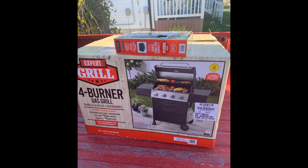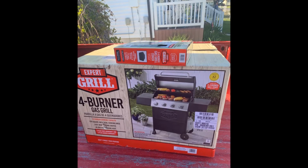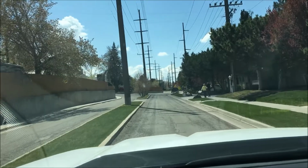And of course we come back home and there is a gas barbecuer waiting for me. My daughter Amber and a couple of her friends had gone in and gotten this barbecuer for me. Very nice. Well, that closed out Friday night, so Saturday morning I hop in the Mustang, beautiful day, heading over